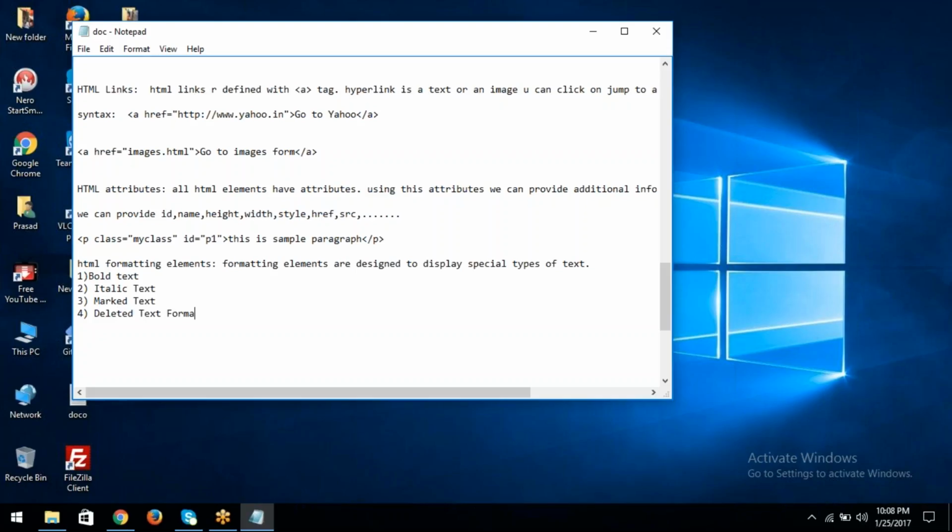So all these are formats: bold text format, italic text format, marker text, and deleted text,